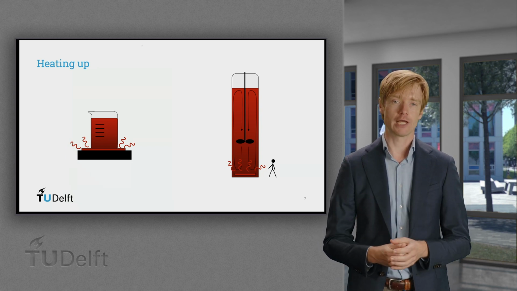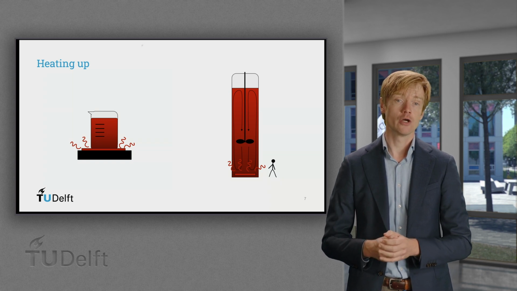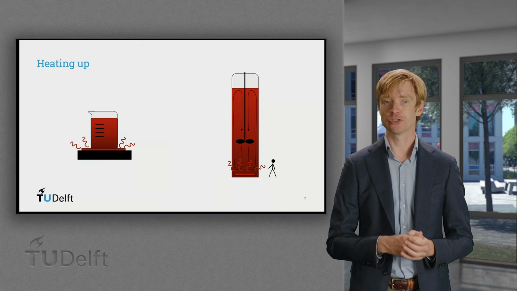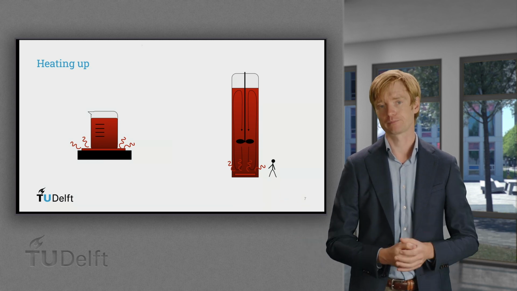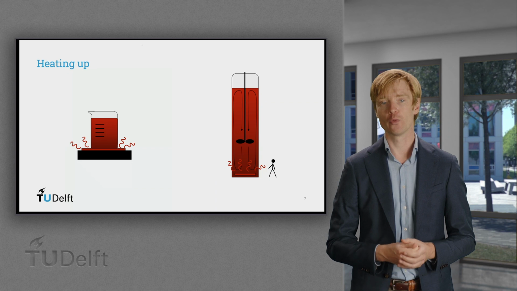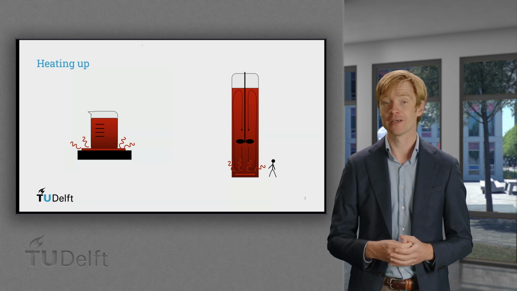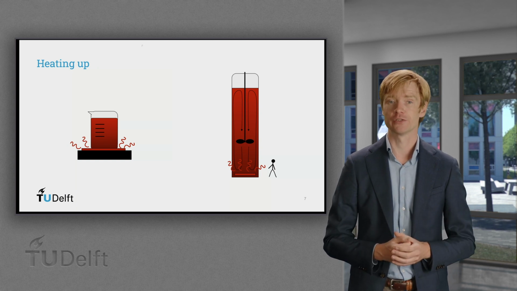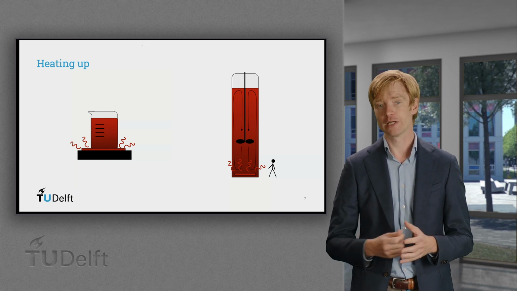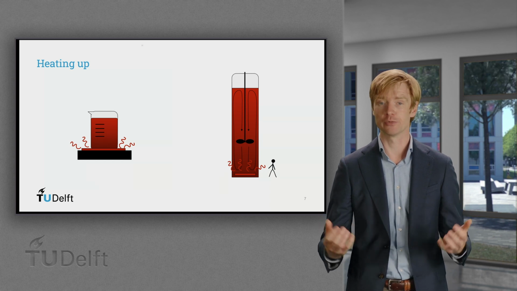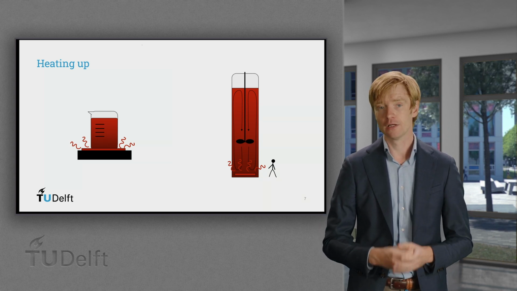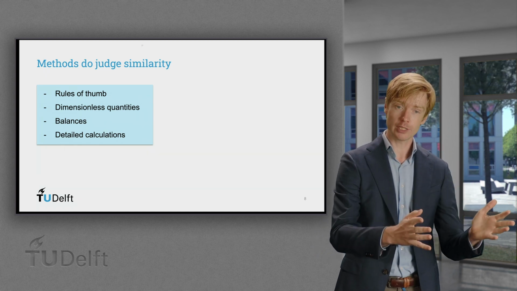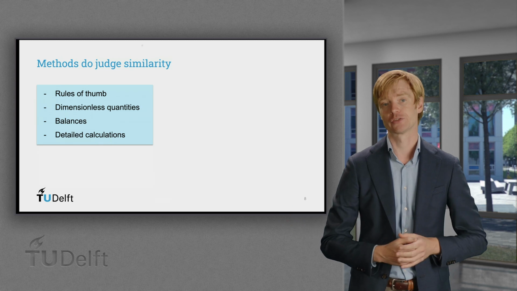Now, if we want to scale up or scale down our process, we are looking for similarity in behavior, which requires a different approach than just changing the size of our equipment. And it's essential to know which physical phenomena control the process and to make sure that the impact of this remains similar or the same between scales, while we can apply some more leeway in scaling the physical phenomena that have a negligible effect on the process. There are several ways to approach this question. We can both address what to keep similar and how to keep these things similar.